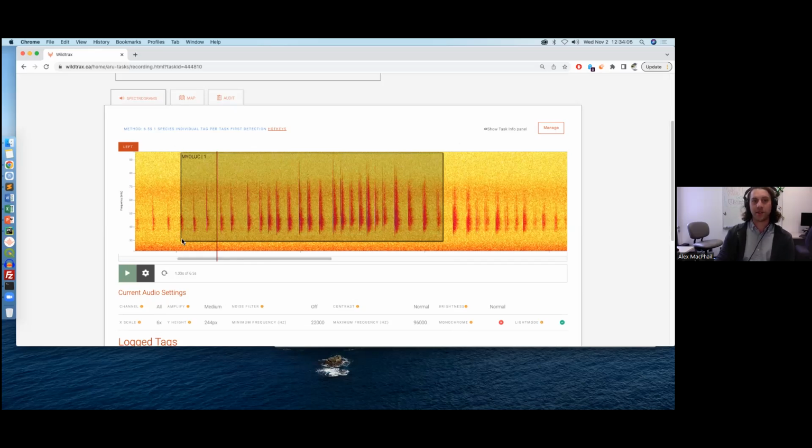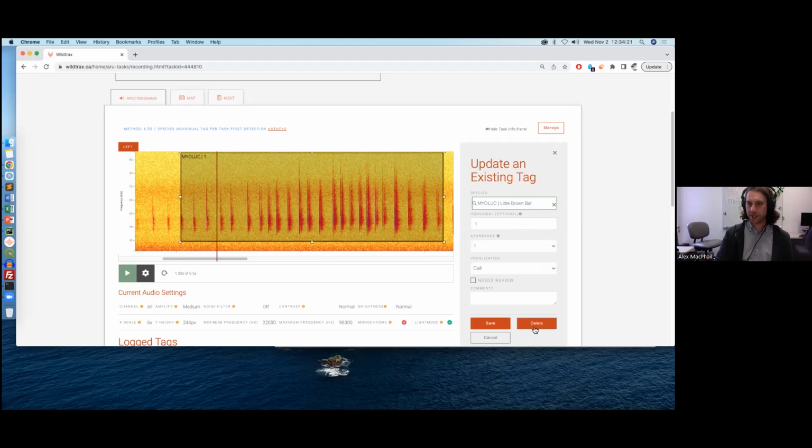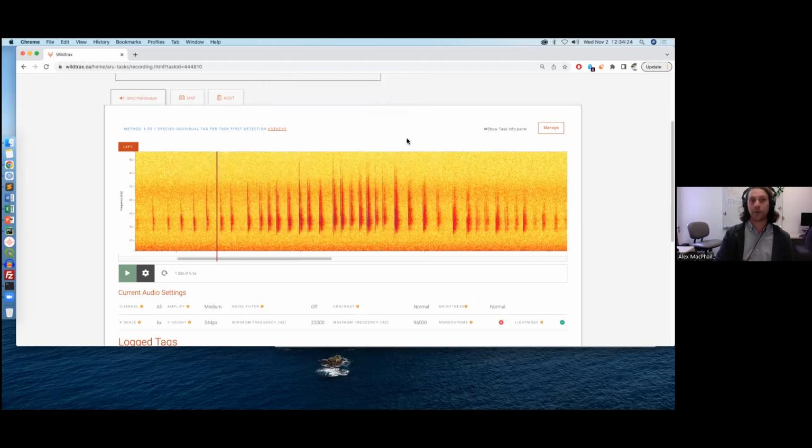minimum frequency, maximum frequency of this box, the amplitude statistics around this box. I'm not going to go into too much detail about this, but when you make a tag in WildTrax, there's a whole bunch of information that comes out of this tag that gets generated. So that's the point of the box, really. For the time being, I'm just going to delete this because I'm going to show you another way of getting data within the system, which would be a little more in suite with how folks usually do it with the